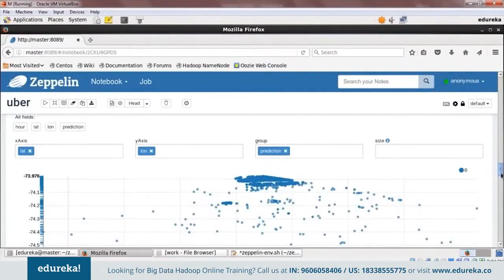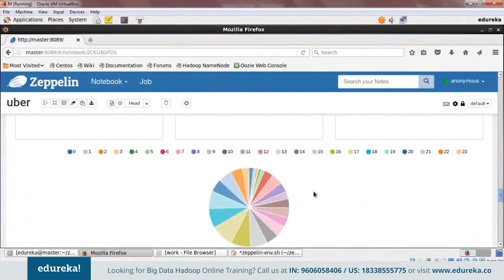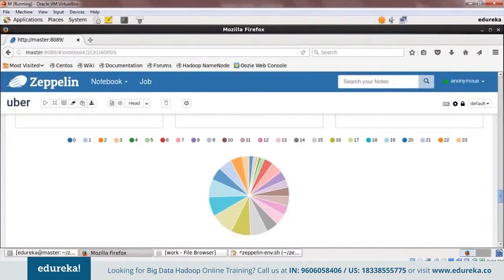Again, if you see this distribution, this is just a pie chart that I've created that tells you the count of pickups at each hour of the day, starting from 0 to 23. There are 24 slices in this circle. So you can see that these few slices are the bigger chunks, and this is the 19th hour of the day, which is around 7 o'clock, 6 o'clock, 5 o'clock, 4 o'clock, 3 o'clock, and so on. So at midnight maybe nobody travels, so maybe your cabs could rest, or you don't have to place any more cabs during this part of the day. These are the insights that you gained.